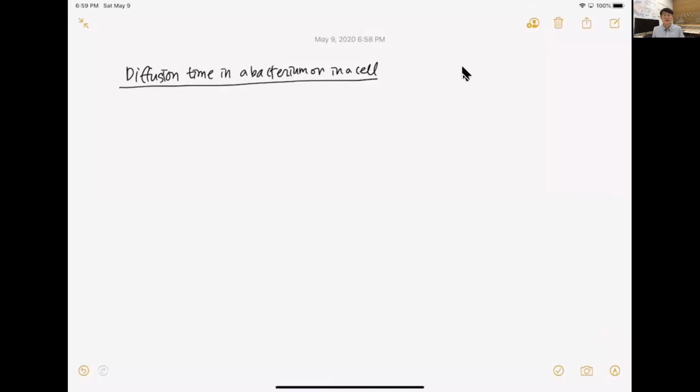So let's discuss the diffusion time in a bacterium or in a cell. Previously, the root mean square of X in one-dimensional diffusion was defined as the square root of 2 times the diffusion coefficient D times t. So let's see here. And let's first consider a bacterium,